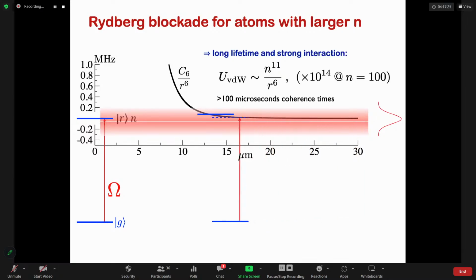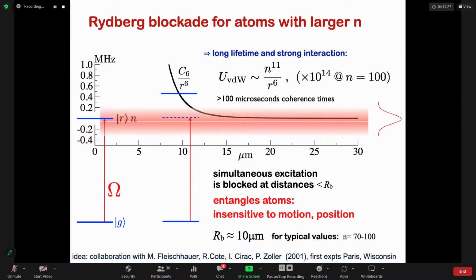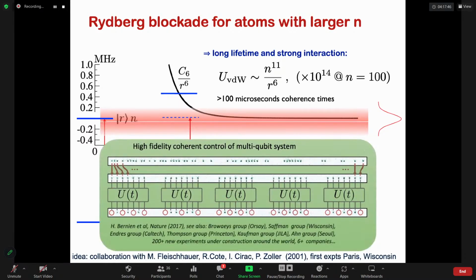So what it really means is that the simultaneous excitation will be blocked at distances smaller than this characteristic blockade radius. And it turns out to be a very good, very robust mechanism to entangle atoms and do quantum logic, because it's insensitive to motion and position of the atoms. So in short, in what follows, what we will be doing is we will